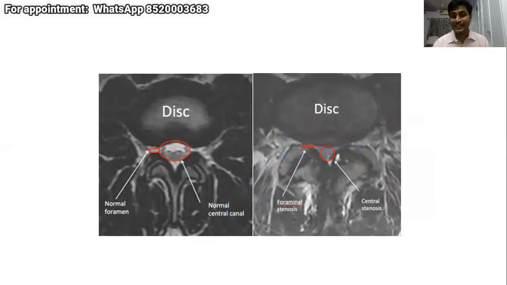In lumbar disc pathology, does the intradiscal pressure increase in flexion or extension? Flexion. Facet arthritis, does the intrafacet joint pressure increase in flexion or extension? Extension. Spondylolisthesis, does the pain worsen in flexion or extension? Variable. So you will confirm that with a flexion extension X-ray.